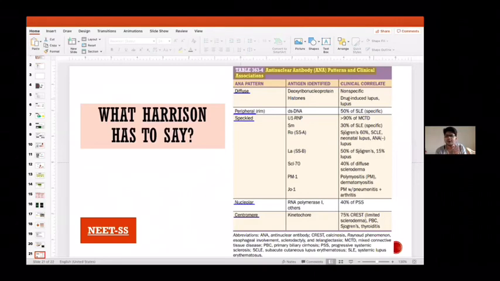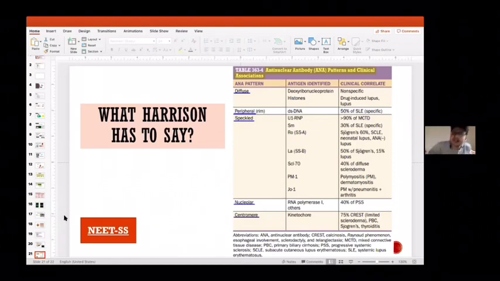remember the concept. ANA is the antibody which is targeting nuclear or cytoplasmic structure of the cell. Depending on the pattern or depending on the distribution of the antigen, it will give you a pattern. We will see this pattern, we will report the pattern, we will report the intensity, and then we will try to see, for the possible given pattern, what are the possible antigens, and then we will go ahead to see what are the possible associated diseases, and that's how we interpret the test. Okay. So this is what we discussed about how pattern helps us.